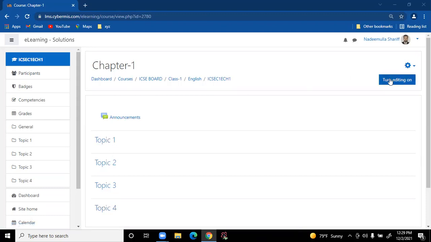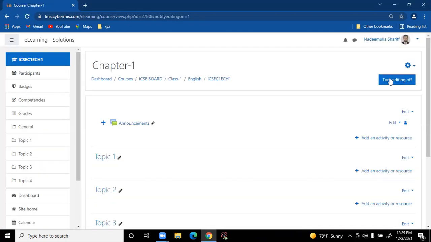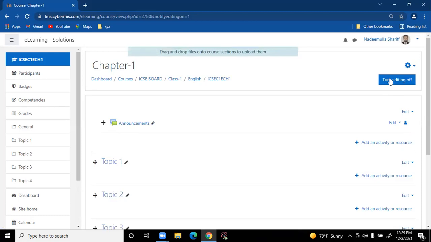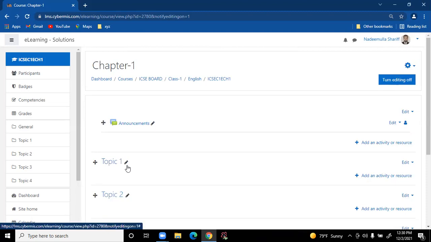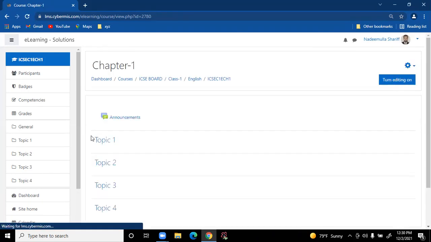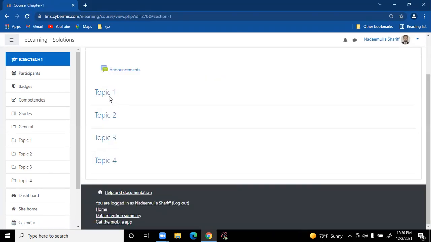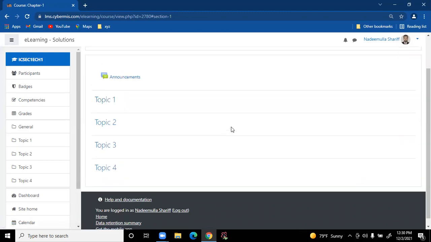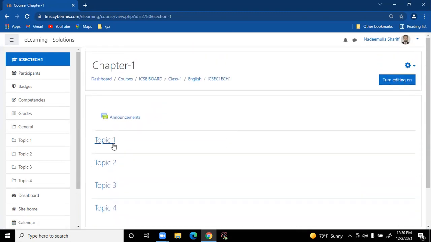Just click on turn editing on. If you want to change anything here and you don't click on turn editing on, it is not going to allow you to change. Now you can see that after every name there is a pencil symbol. That means you can edit here. If I click on turn editing off, you can see you cannot do anything. If you click, it's not moving anywhere. It will stay there itself. Also, you cannot do anything with your keyboard. The only thing you can do is click and browse.